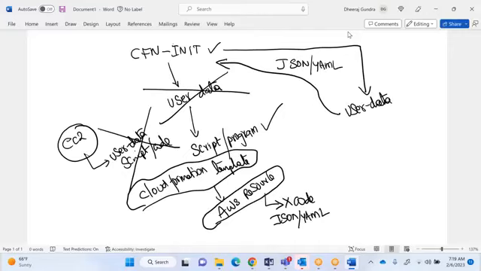Keep it in your mind. Is it clear? So JSON and YAML formats you are writing. No coding, no user data. Let me show you what you do in user data.